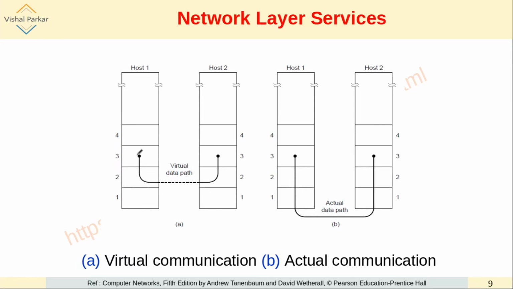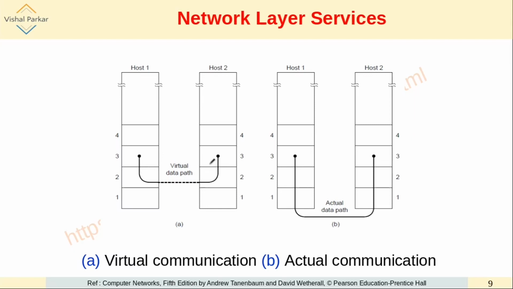The network layer will give the packet to the data link layer, and the data link layer will simply send that to the destination machine's data link layer. So it appears to the sender's data link layer that the frame is directly sent to the receiver's data link layer. When I say DLL, that does not mean dynamic link library. That means the data link layer. That's the short form for data link layer. Okay, so this is the virtual path.